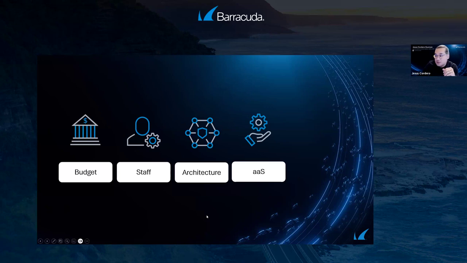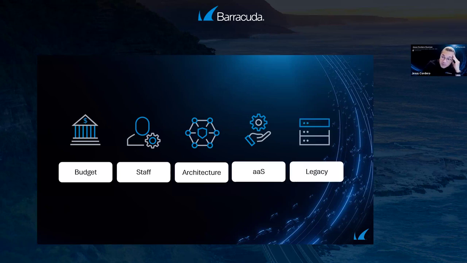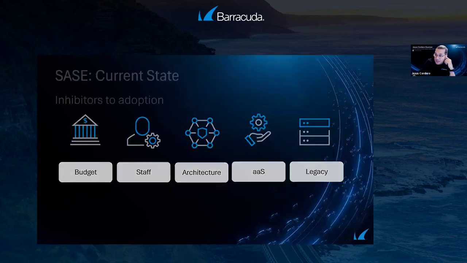And last but not least, and this is one of my favorites, is all those legacy solutions that we have in place. We love them. We love our firewalls. We love our VPN backhauling devices. We love all the things that we have been buying and designing and constructing and configuring in the last 20 years. But you never go to a straight fight with a butter knife. We need to adapt the way we go to the battle of cybersecurity today, and you cannot do it with legacy solutions. It's time to start rethinking, redesigning all those topologies and getting rid of that.